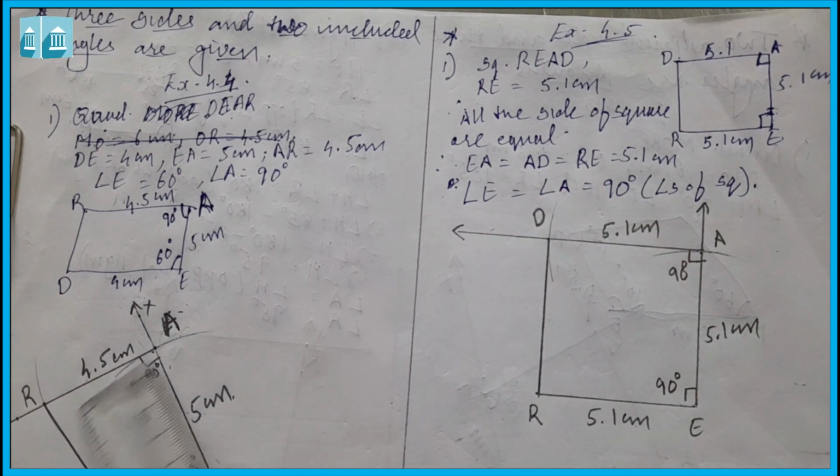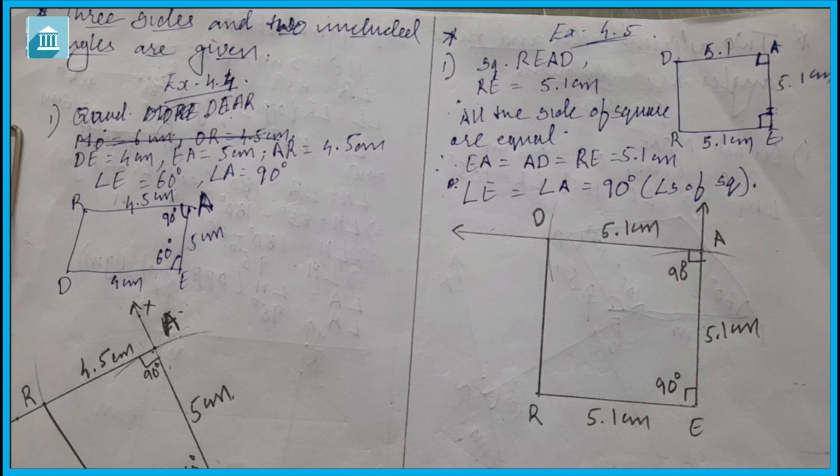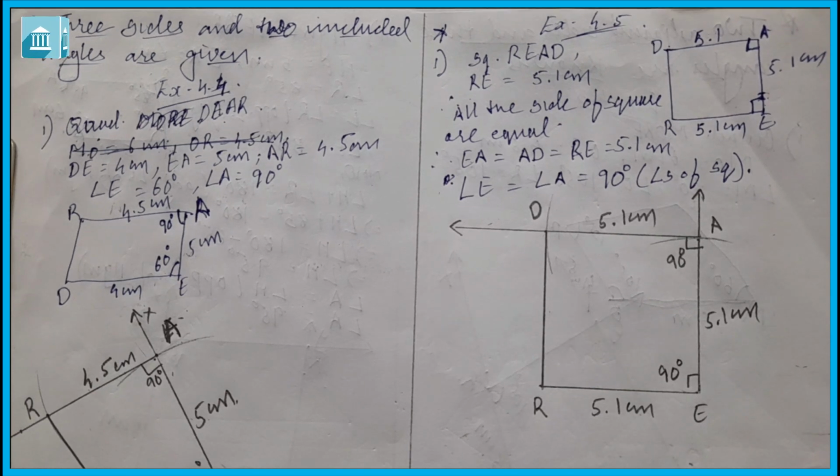So in this way, in some special cases, we can draw or construct a quadrilateral with the help of their property. If only one thing or two things are given, then also we can draw or construct a quadrilateral with the help of their property, but it should be either a square, rhombus or rectangle. In the second question also, the rhombus whose diagonals are 5.2 centimeter and 6.4 centimeter, we had already done this type of sum in exercise 4.2.